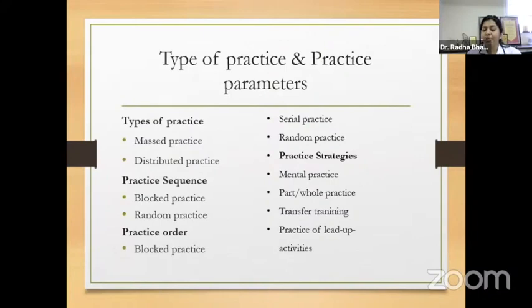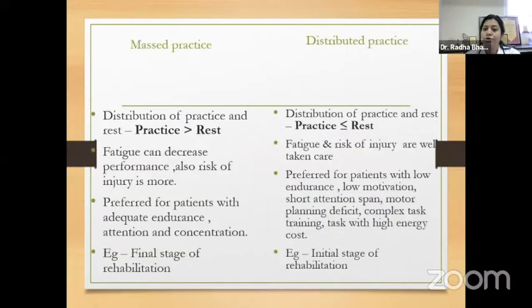So coming to the types of practice or the parameters, majorly first is your type of practice. Next is practice sequence. What type of sequencing are you going to use in your session or for that particular exercise will be a factor. In what order you will be doing is one more thing that has an effect on the types of practice, or basically they are the parameters. So what will be the order of practice are the parameters of your practice, and what are the strategies that you can use for practice. So the first is